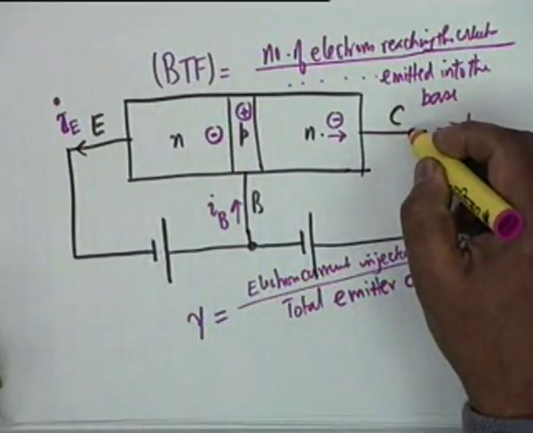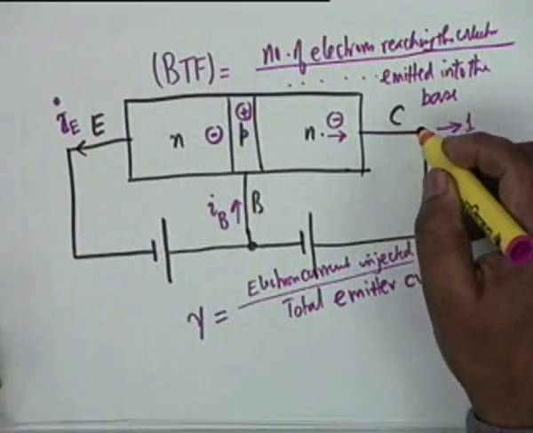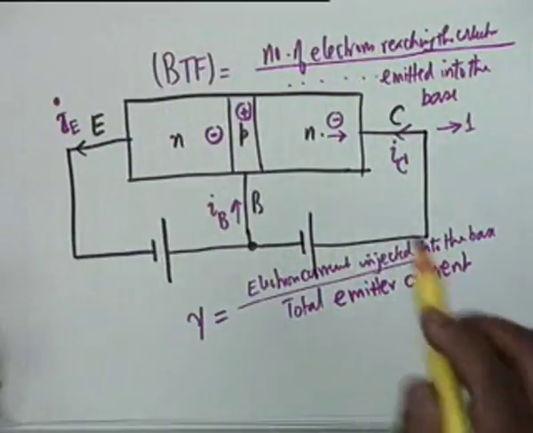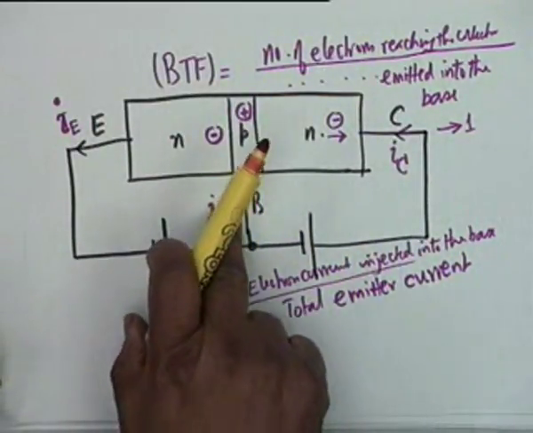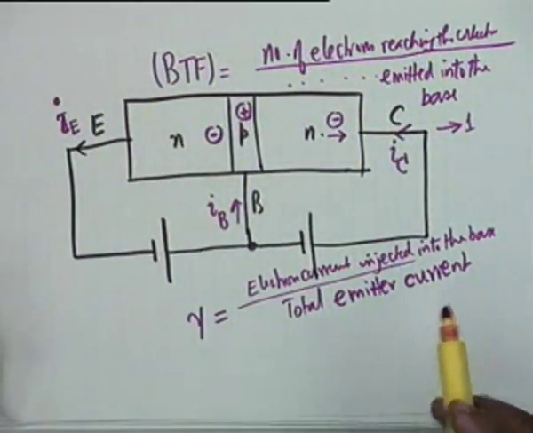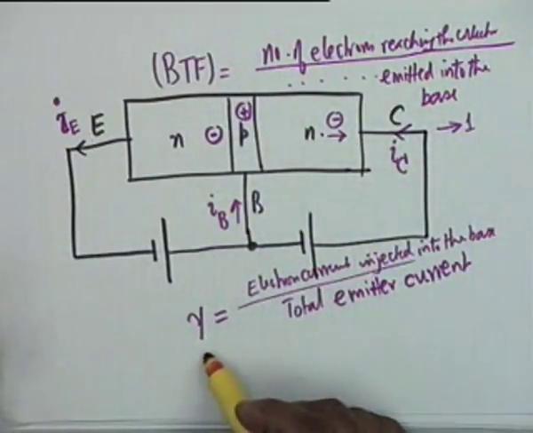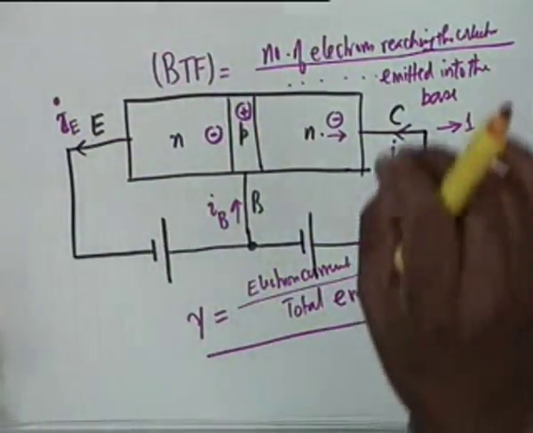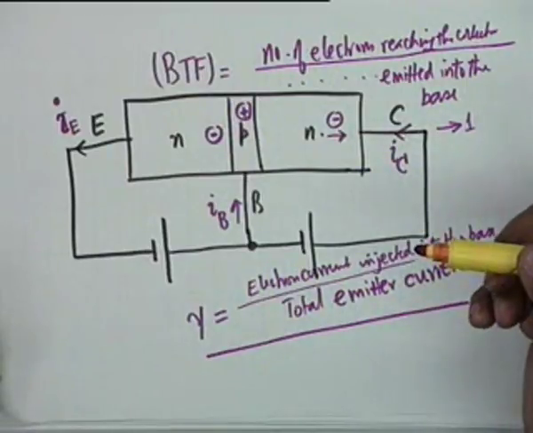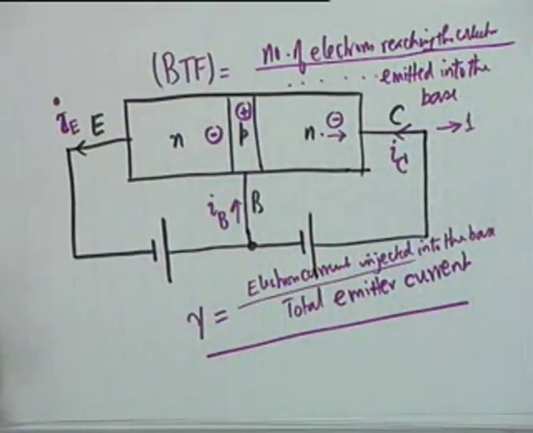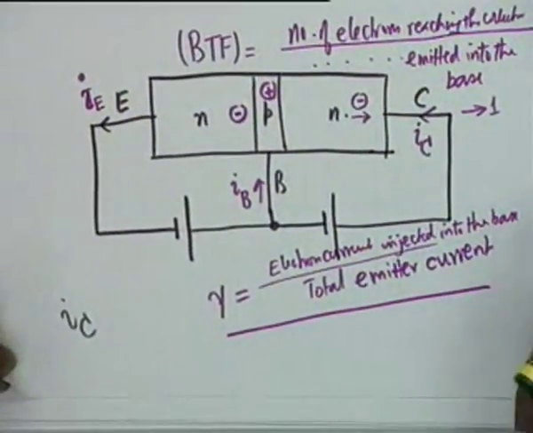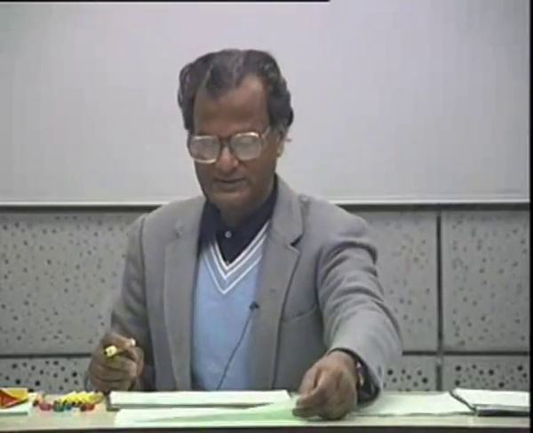And then the collector current, which is the direction of flow of positive charges, naturally shall be in this direction. And you can see that normally if I sub B is equal to 0, then the collector current should be equal to the emitter current. All right. But because of I sub B and because of this ratio, because of holes also contributing to conduction, I sub C, the collector current, is slightly less than the emitter current, and the exact relationship is that I sub C, the collector current, let me change this slide.